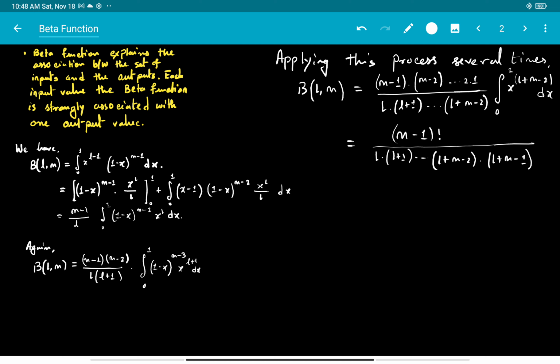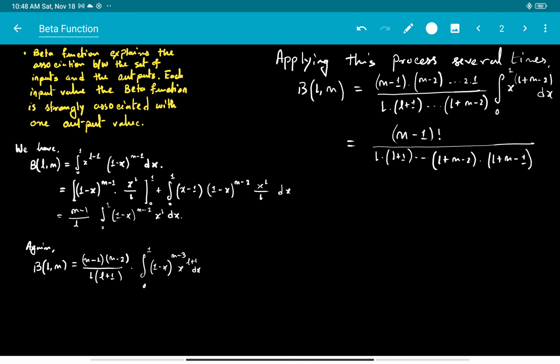When I learned these things, I performed this 8 times. If you perform this integral at least 10 times, you will see how